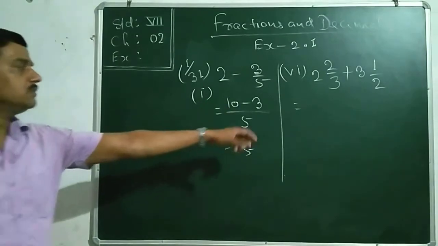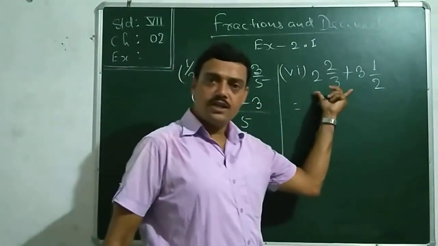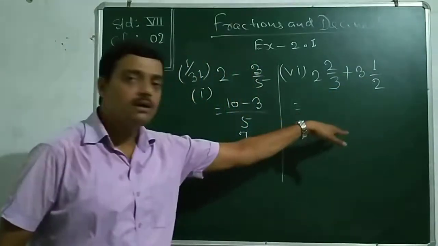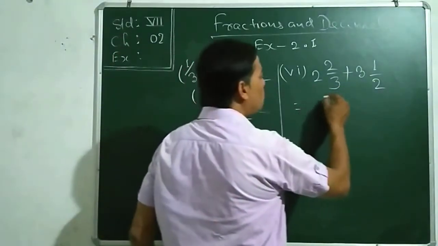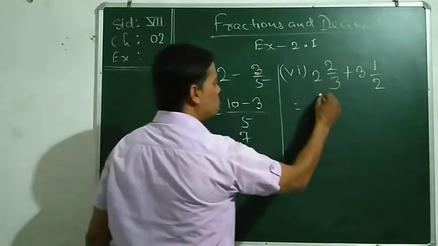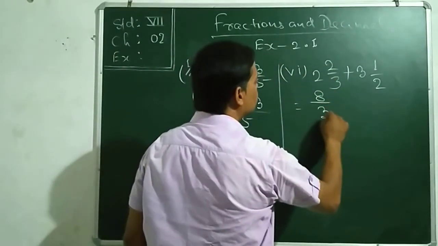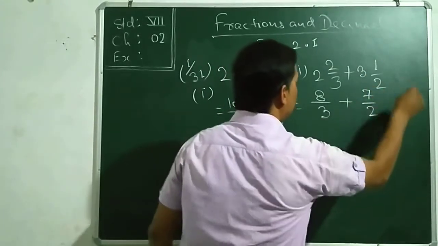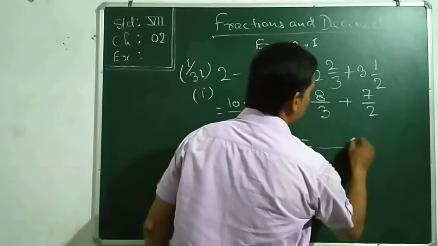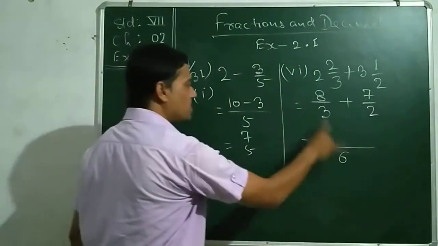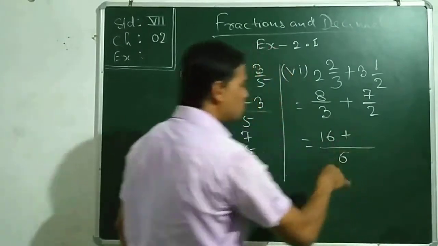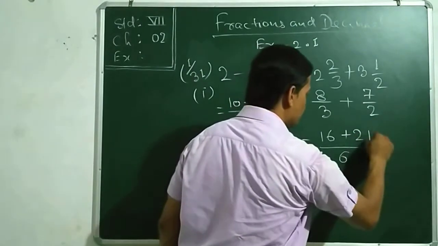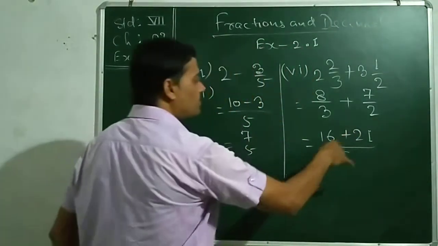To solve them, as both numbers are written in the form of mixed fractions, we will change them first into improper fractions. 3 2s are 6 plus 2, 8 by 3, plus 2 3s are 6 plus 1, 7 by 2. Take the LCM of 3 and 2, 6. 3 2s are 6, so 8 2s are 16 plus 2 3s are 6, so 7 3s are 21. 16 plus 21,